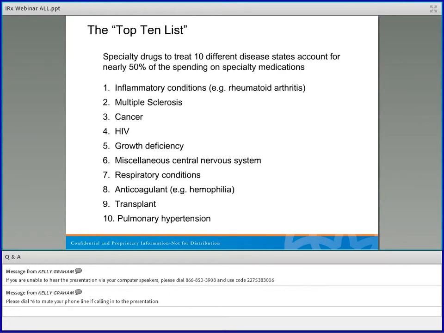If any of you have a child, a boy, that's hemophilia, right? Because hemophilia is something that only affects males. It's one of these hereditary things, so you've hired someone who has a son with hemophilia, and what is the cost to try to manage that? Hemophilia is one of those diseases that people think, well, they blow their nose and they start to bleed and they can't stop bleeding. Well, typically not really what's going on here.